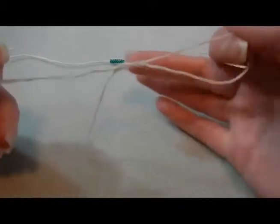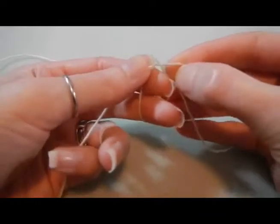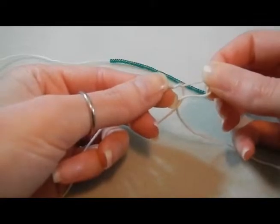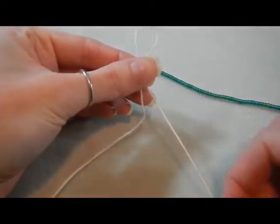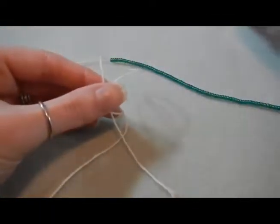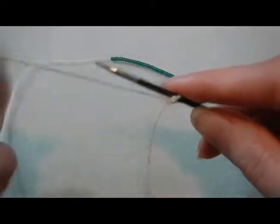like so. If you've never made a slip knot before, I'll do that again, but most knitters use them. So you have your tail end, you go around and through with your tail end, and that's your loop. It's going to go on your needle, and then you pull the knot tight. Slip knot done properly, if you pull the tail, it should make the loop smaller or larger. So take your needle and you can pull that tightly from the tail, and we're going to cast on 3